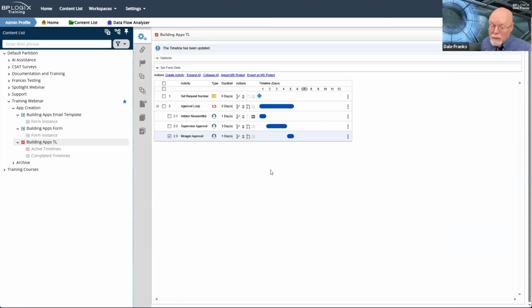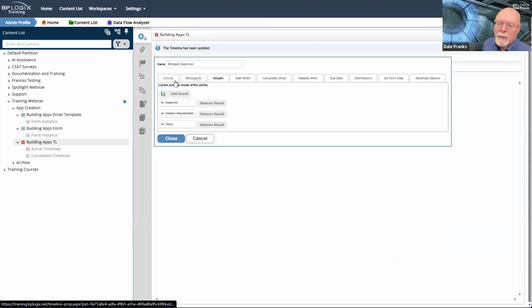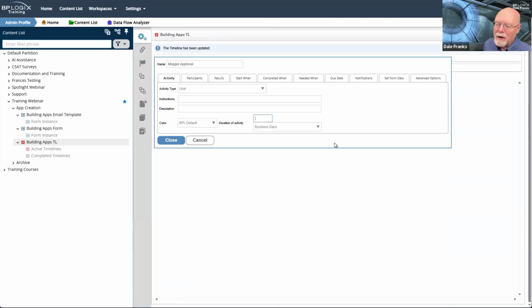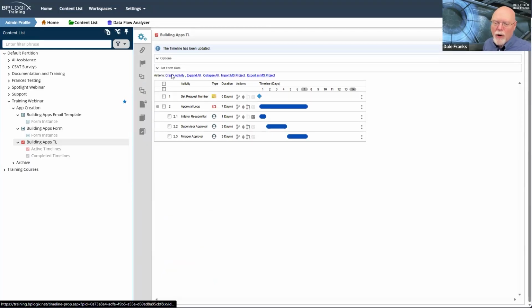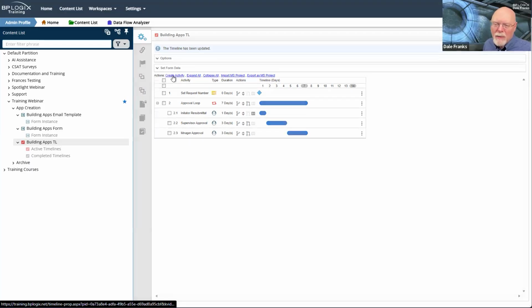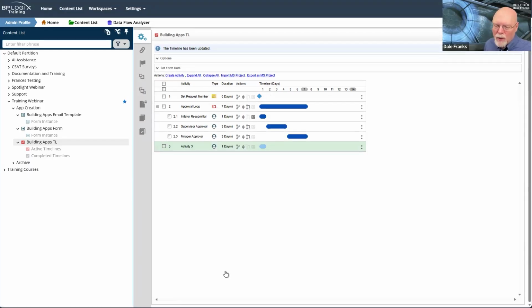All right, I've got an approval loop, and that's as much of an approval loop as I'm going to implement here. Oh, I suppose I should have gone back here and given the manager 3 business days to complete the activity as well. So we'll hit update here, and now I've got an approval loop. I am going to need one more thing. So I am going to need to create one more activity just to make this thing work the way that I want it to work as a basic activity.